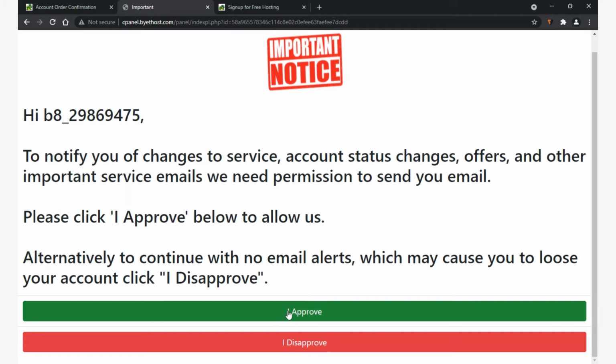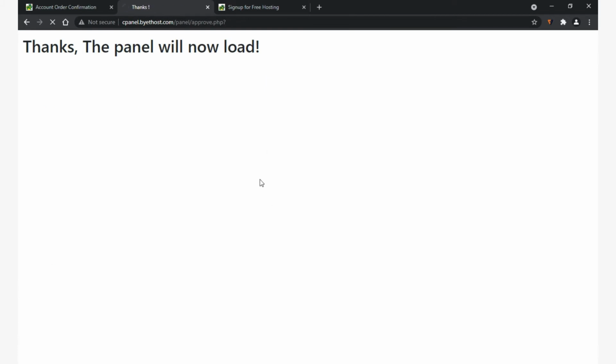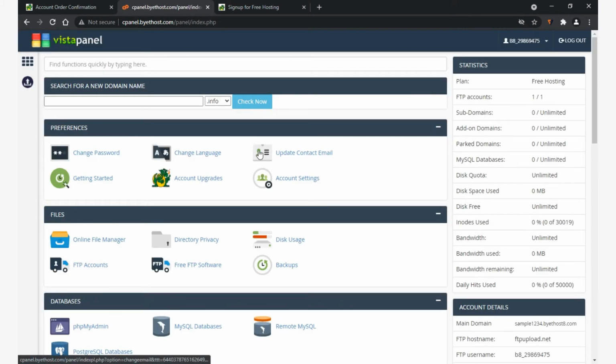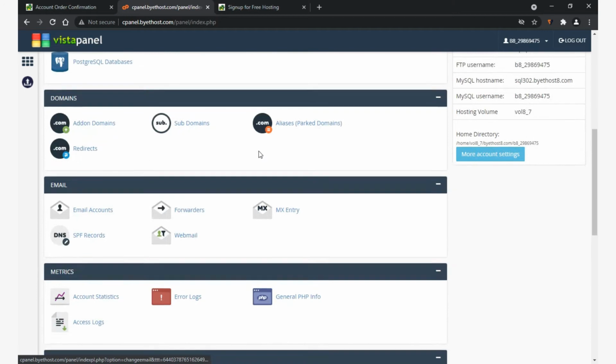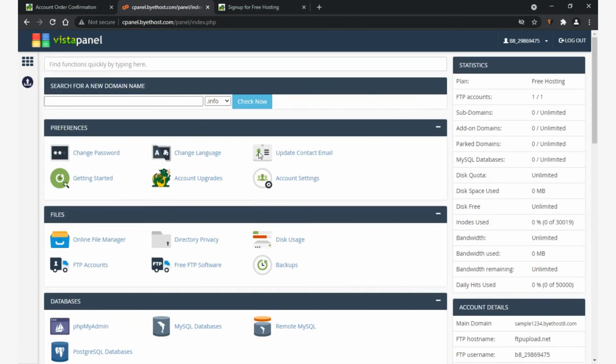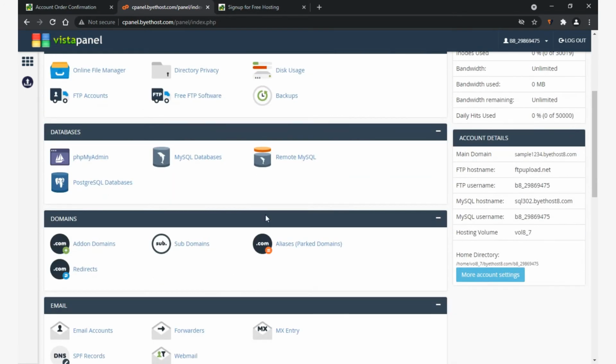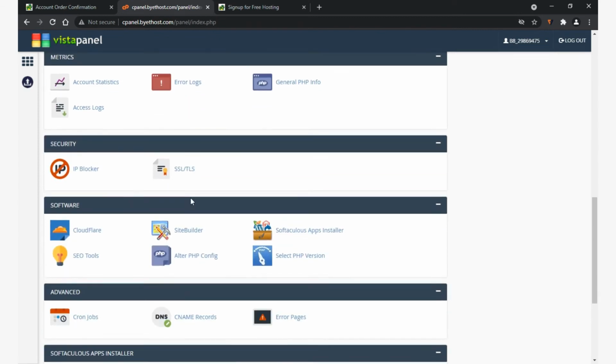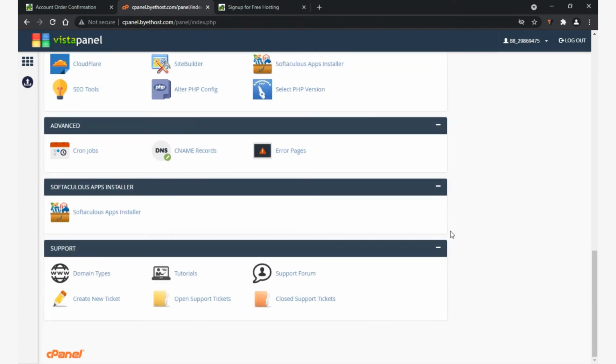They will send some important mails to your email address. So the cPanel is loaded. You can also learn what things are available in the cPanel without paying any money, but we are going to deal with the software installer.